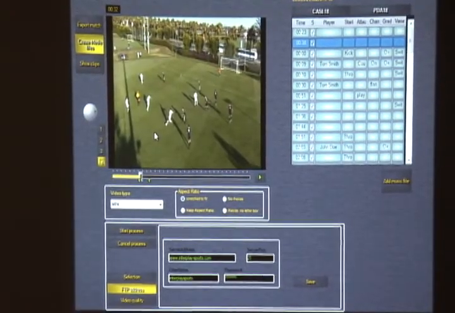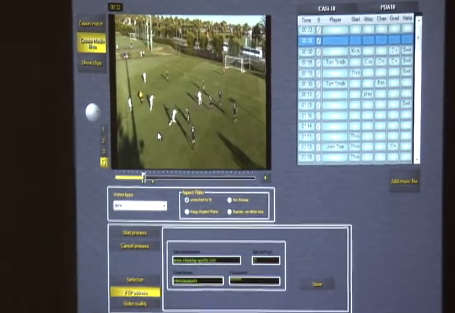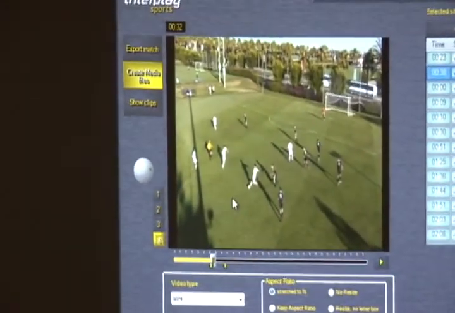Okay, you mentioned that we can make a highlight film. How do we do that? Okay, so that's the next feature. If we look on the left-hand side of the screen,